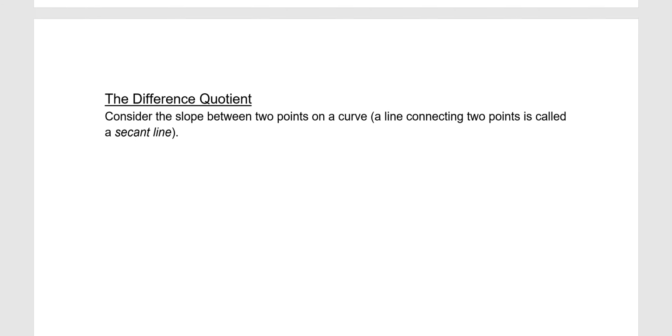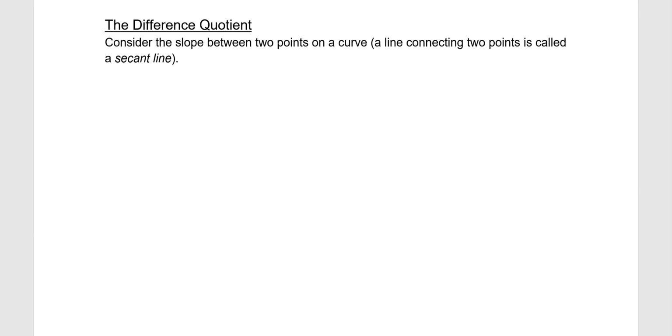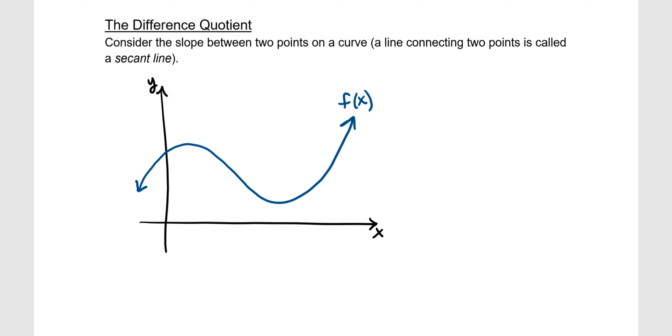Okay, so that brings us to one more thing: the difference quotient. Let's consider the slope between 2 points on a curve, just like we've been doing, essentially the secant line between 2 points. So here's our curve, and let's say we have a point here,